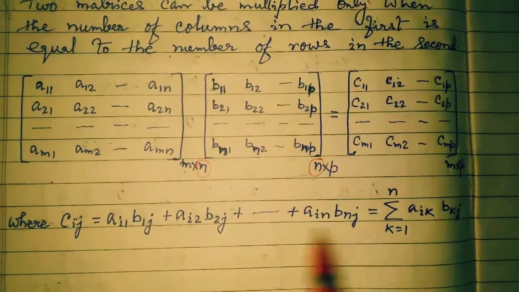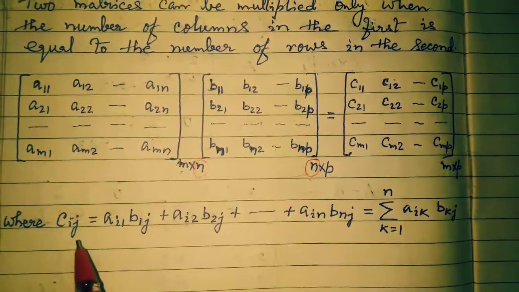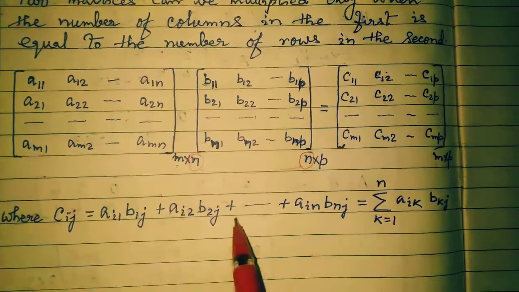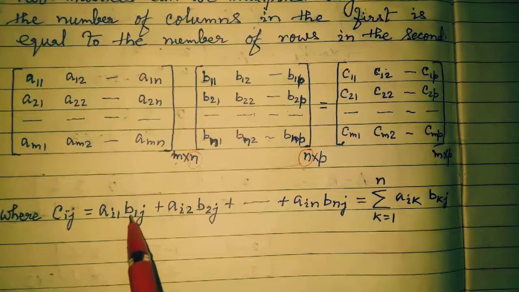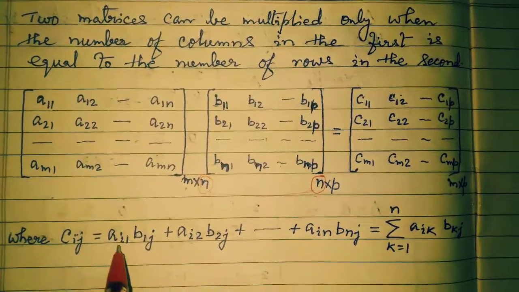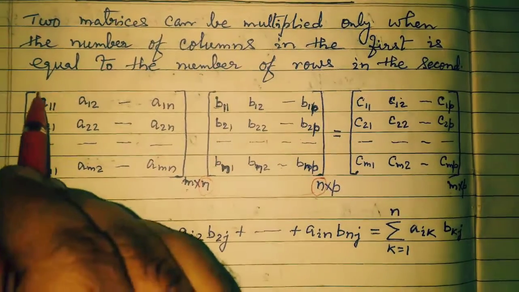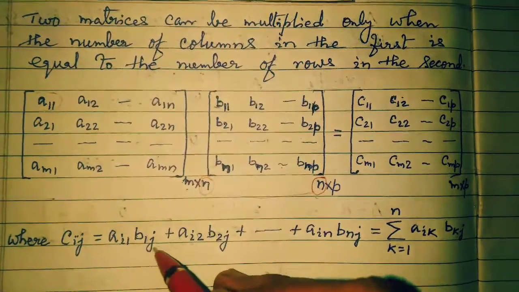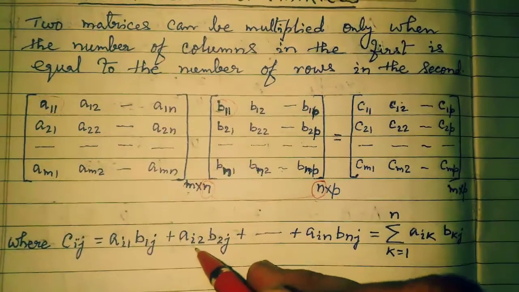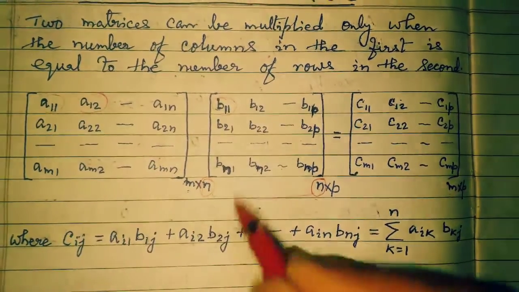Now we'll see how to multiply. Here one part is given on how to multiply. The resultant matrix is C, and its element is written over here as Cij, where i means the ith row and j the jth column. It will be like this: Ai1 into B1j. What do we mean by Ai1 into B1j? Suppose you take the first row and first column. So the first column element will be multiplied with the first row element. Next is Ai2. If I take 1, then it is A12. So Ai2 is multiplied with B2j, which is this one.